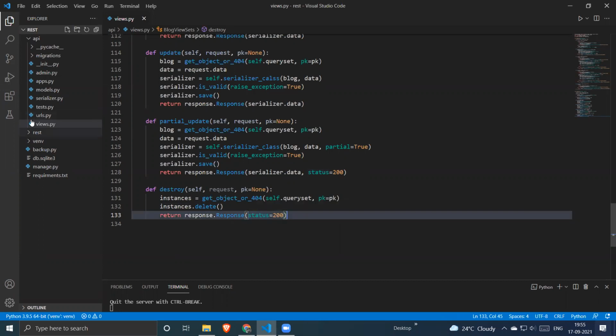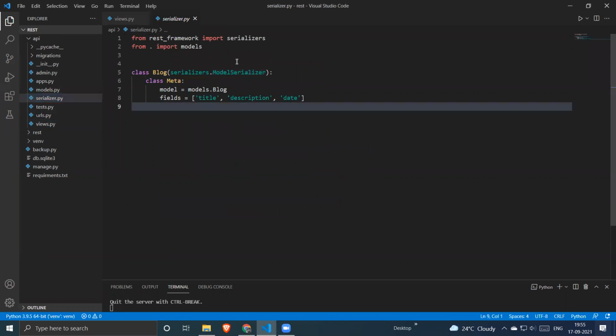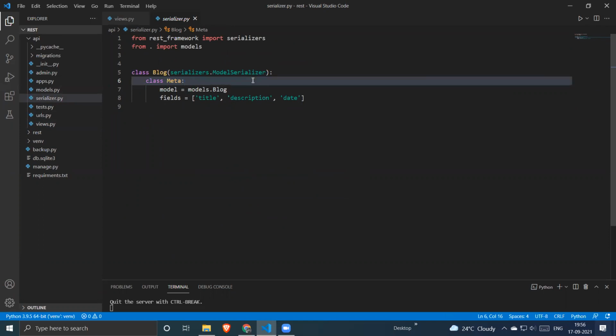Let's go into the serializers. What we did in the model serializers is we have to define one class which is the meta class. Can anybody please tell me what is meta class? Contains information about parent class.